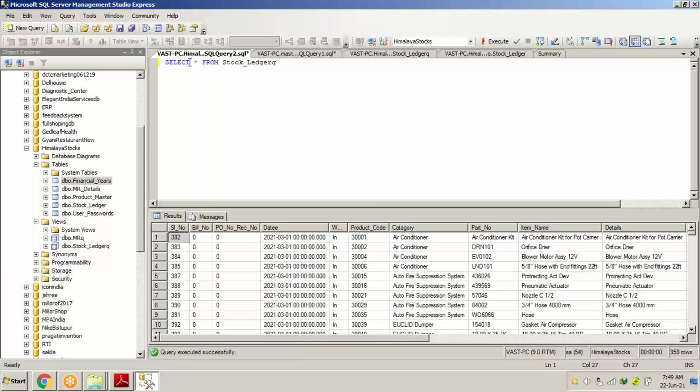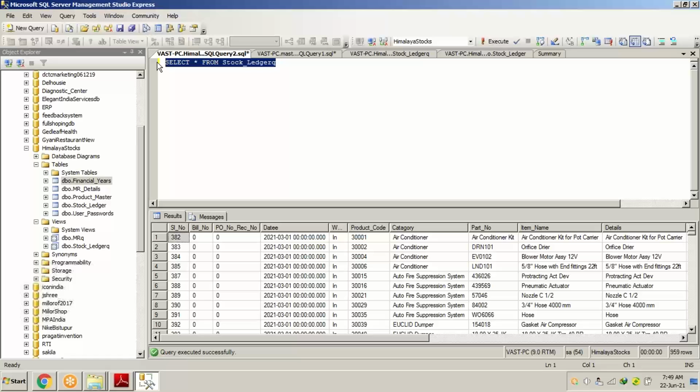Now, I was telling you what select is. Select means we are giving a command to select the data. From which table? From the stock underscore ledger queue table. It's very simple: we are selecting records from stock underscore ledger queue.